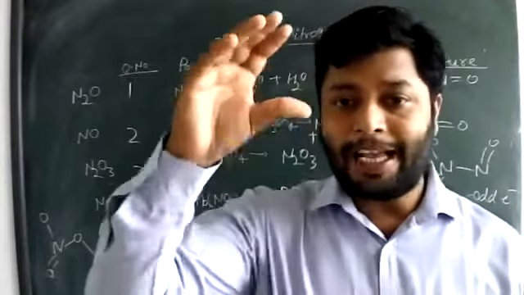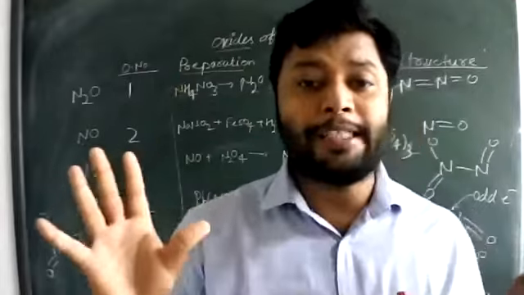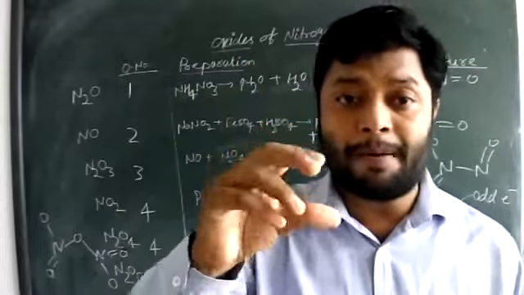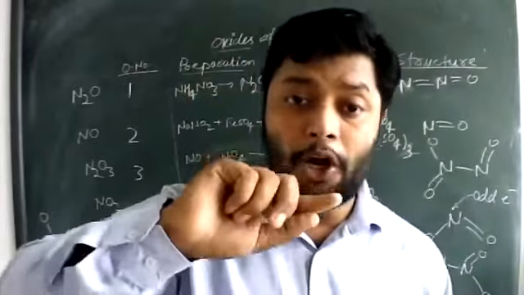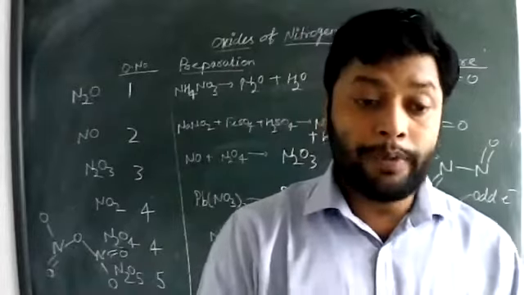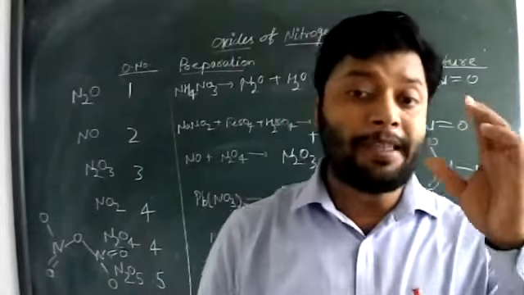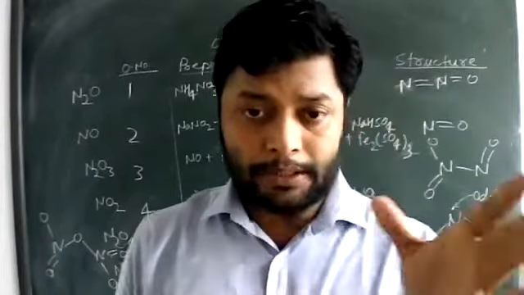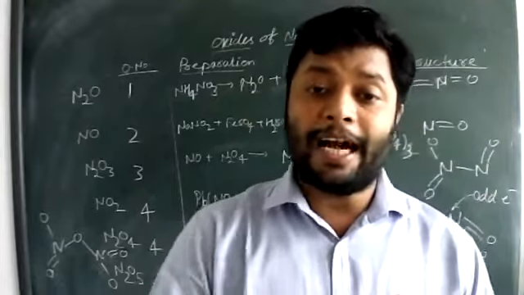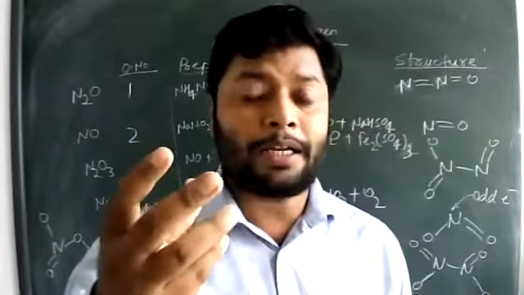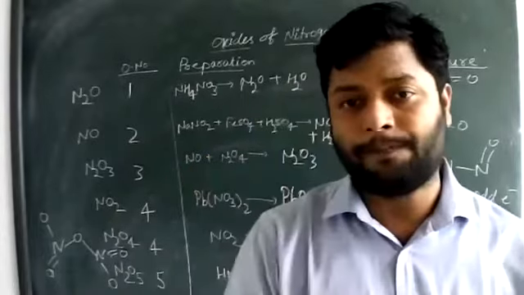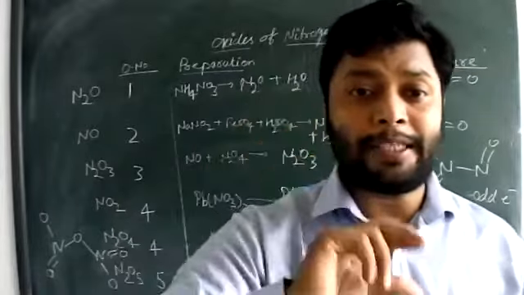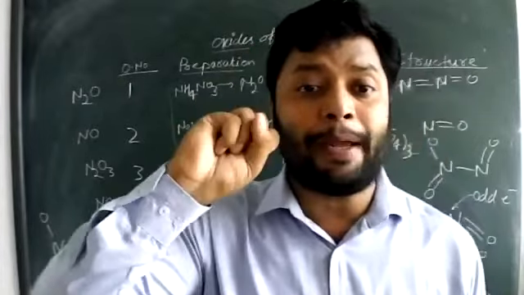As we move down the group, due to the increase of size, the lone pair becomes distorted and is not easily available for bonding with other molecules. So whenever we are dealing with Lewis base character, it always depends on how easily the lone pair can participate in bond formation. Ammonia can easily donate its lone pair because of its smaller size and the compact density of the lone pair.